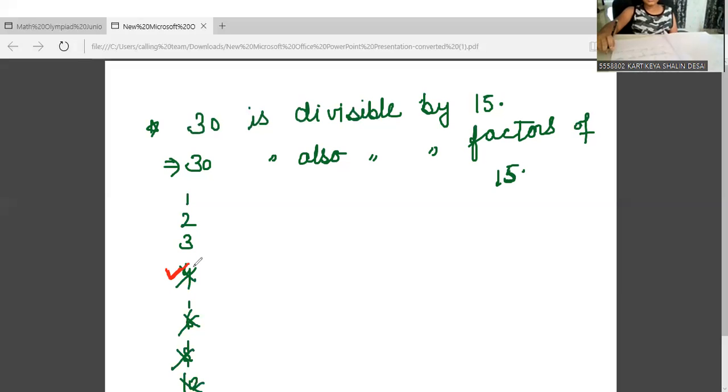So that's why all these numbers which are divisible by 4 were already out. 4 was out, 8 was out, 12 was out, because every fourth number is divisible by 4, and any number which is divisible by 4 is already divisible by 2. Yes. Come again, Amika. Any number which is divisible by 4 is also divisible by 2.